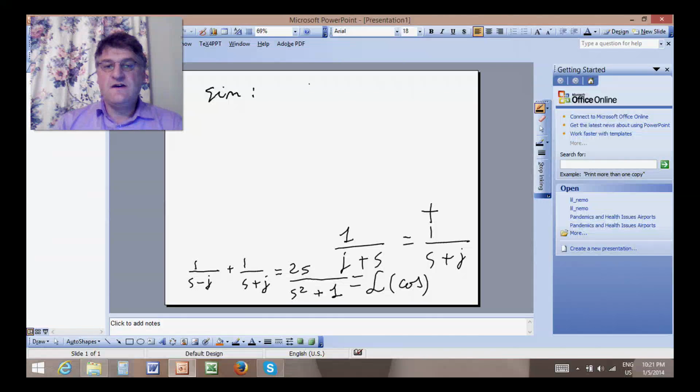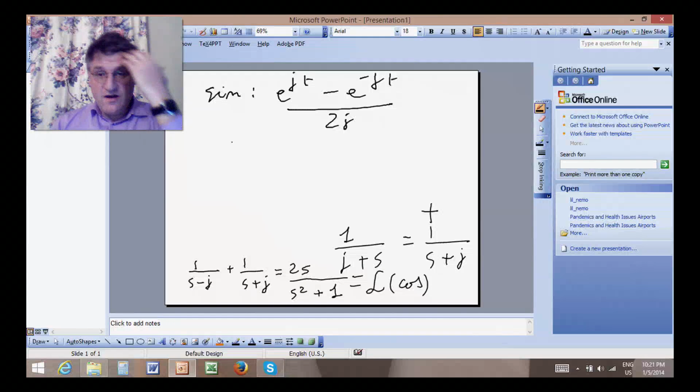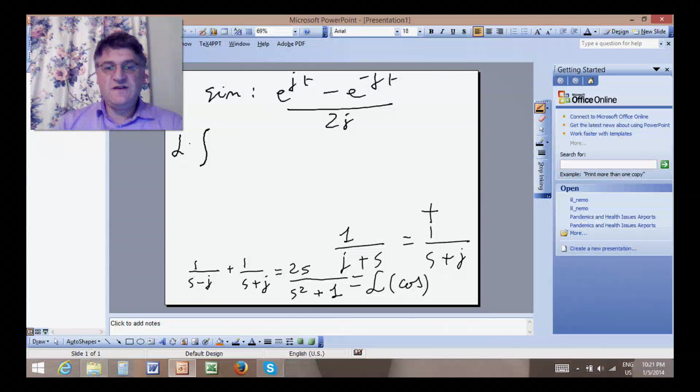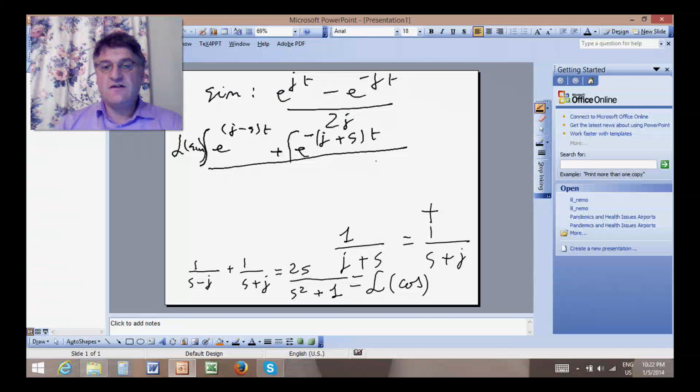So for the sine, we write that sine of t is e to the jt minus e to the minus jt over 2j, and what I will get is that the Laplace transform of the sine is the integral of e to the (j minus s)t plus the integral of e to the (minus j plus s)t, everything divided by 2j,